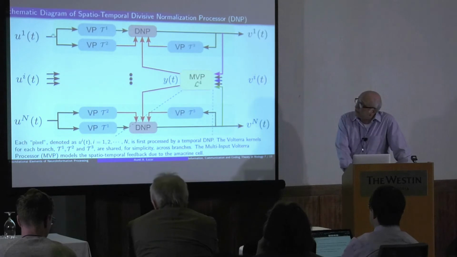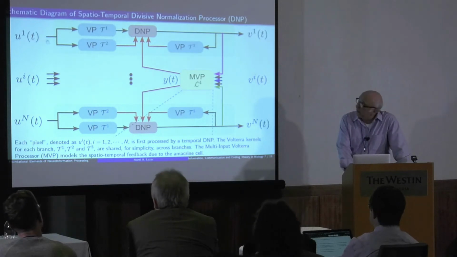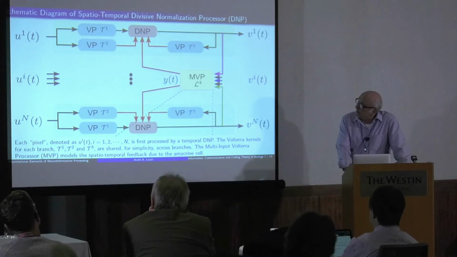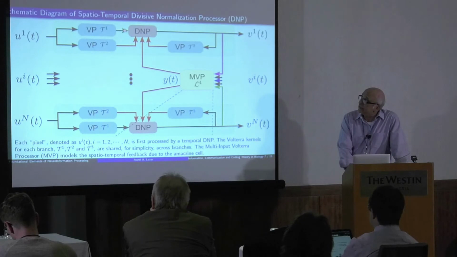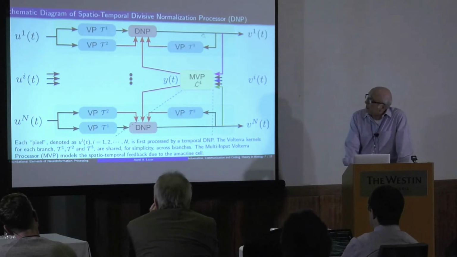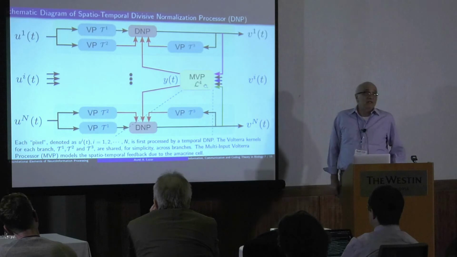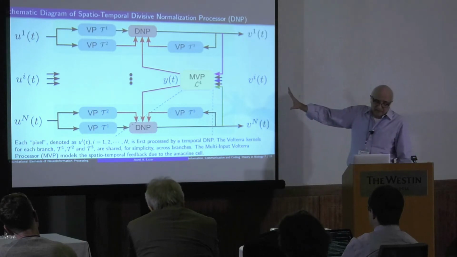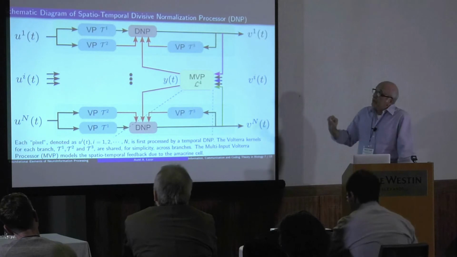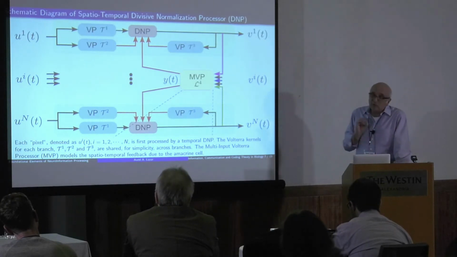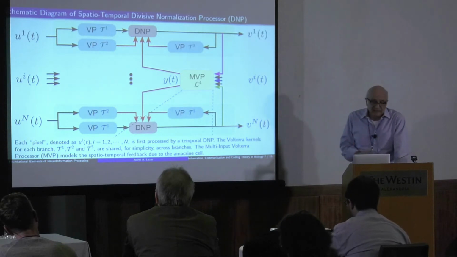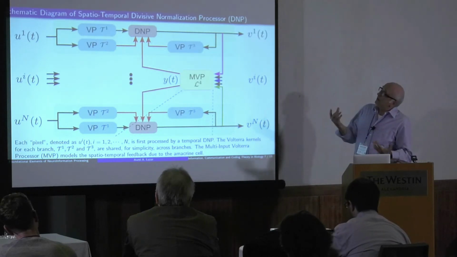So what you see here is this. You have an input, which is in the time domain, and then there is a time domain feedback involved through a division. The way to understand this is that you have a term here, which is the numerator, and then there are some terms here, which are the denominators. So there is time domain feedback, but there is also spatial feedback. This looks like a nightmare, computationally, and also theoretically, I should say. But as it turns out, this is actually highly tractable if one looks at it, quote unquote, from the right angle.